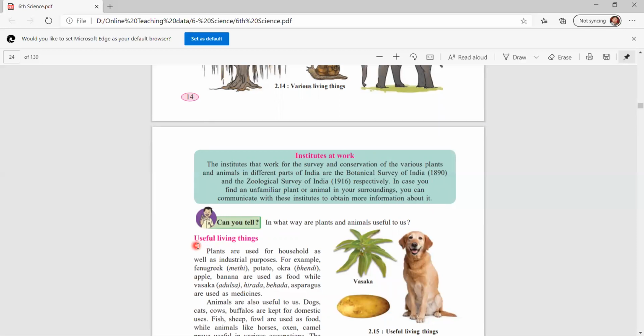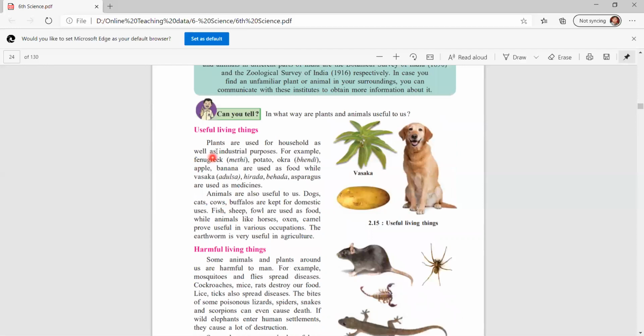Now we have to learn about useful living things. Plants are used for household as well as industrial purposes. For example, fenugreek, that is methi, potato, okra, that is bhendi, apple, banana are used as food, while wasaka, adulsa, hirada, behada, asparagus are used as medicine. These are the medicinal